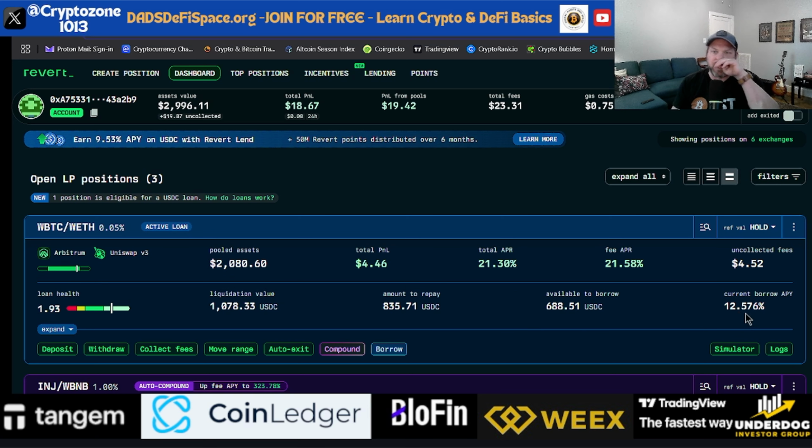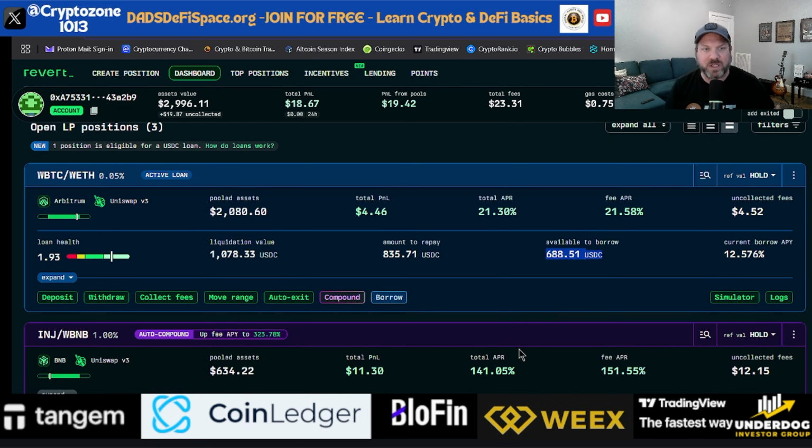Now, my borrow percentage is about 12.5, so really my net APR is much lower than this, but this is actually a position I'm wanting to leverage correlated pairs so I can take advantage of some of that price appreciation as the bull run continues. So far, I've borrowed $688 off this position, and I just wanted to show you some of the functions within